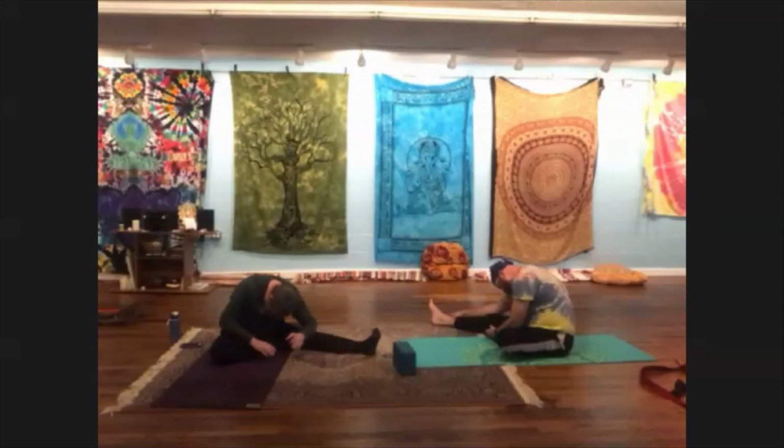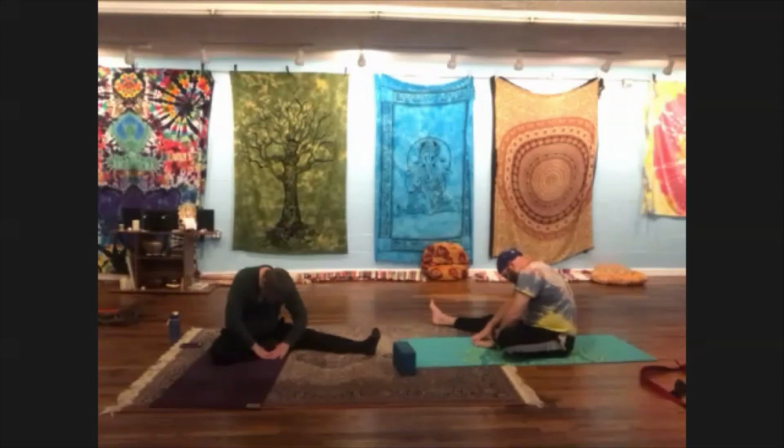If it feels good for you, put your hands in front of your ankle. We're going to use your arms as a gentle support. We're going to sit up very slowly, very mindfully from the base of the spine. We're stacking the vertebrae, each one from the base of the spine through the lower back, one at a time, each vertebra stacking, the middle lower back,